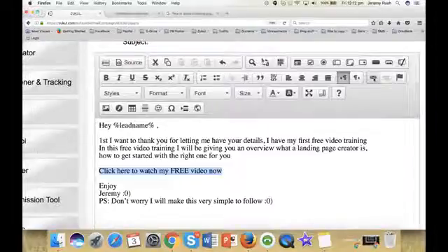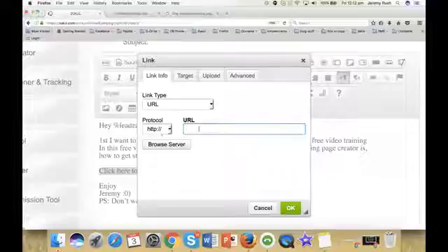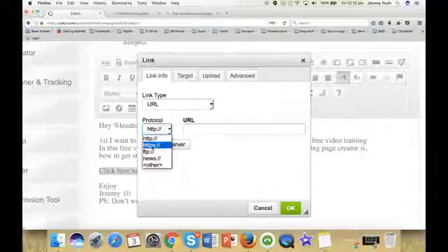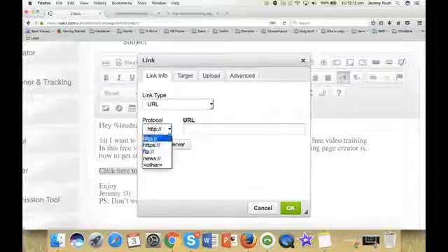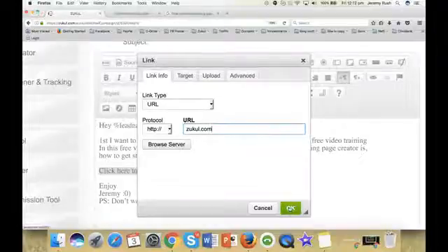So click on that. And I'm just going to type in here. You can see the HTTP is already in there. You could link it to a file, FTP file, a news or other, so there's all sorts of things you can link it to. At the moment, I'm just going to put Zookle.com. Okay, just going to link it to Zookle.com.